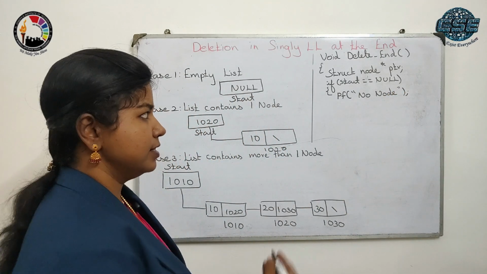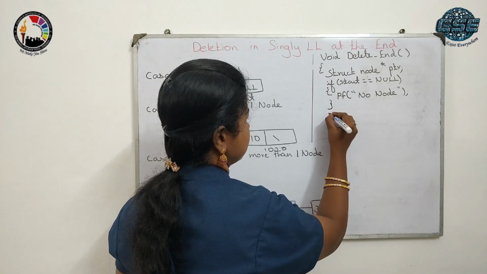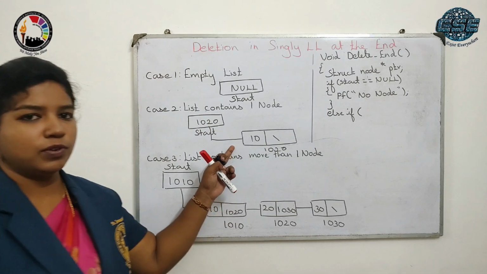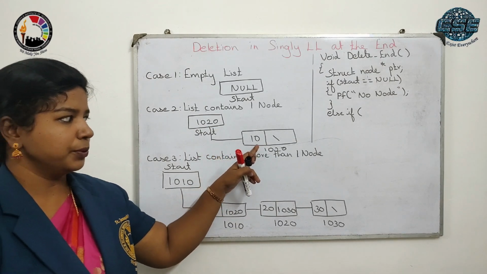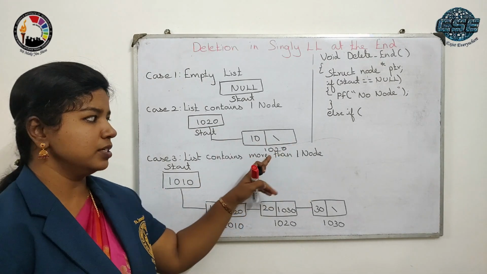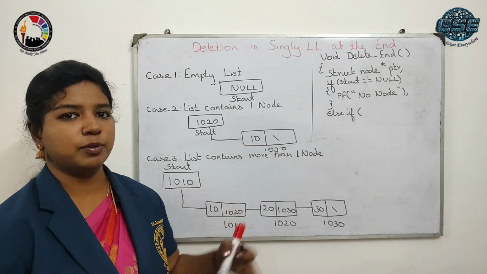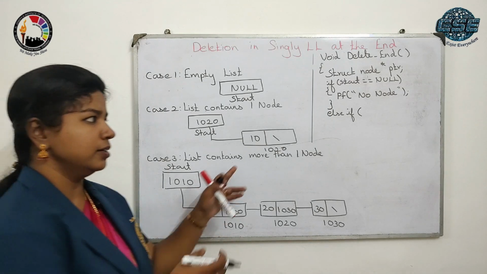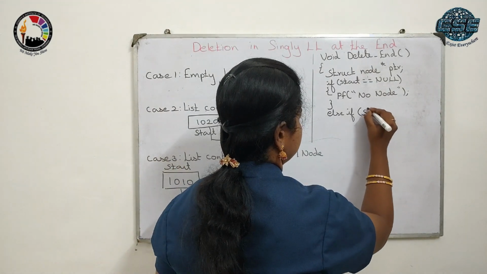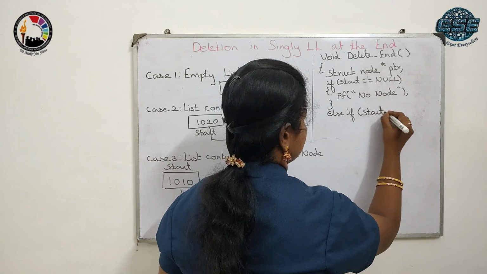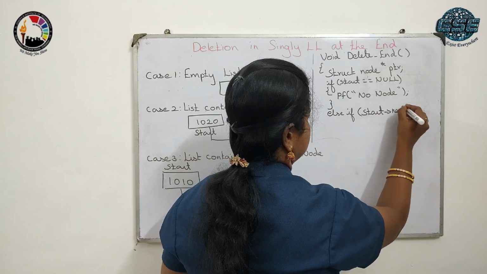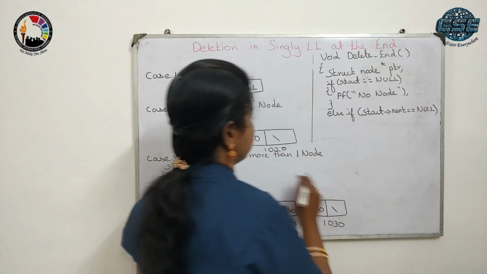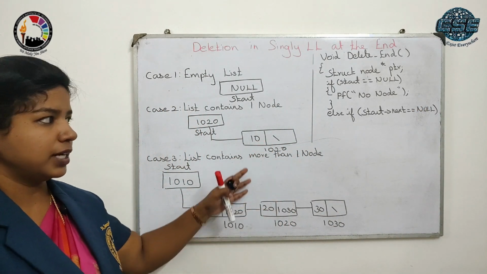So this is your first case, and the second case is you have only one node in your linked list. So how you know that you have only one node is, this node, the start of next will be pointing to null. So start of next pointing to null means only one node is there. So we can write it as start of next is equal to null. So if start of next is equal to null, then